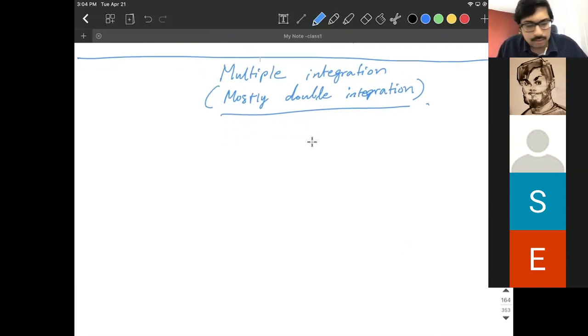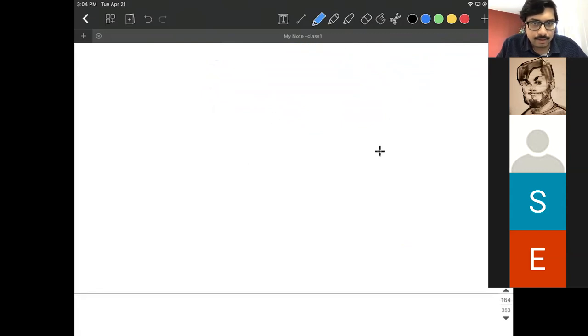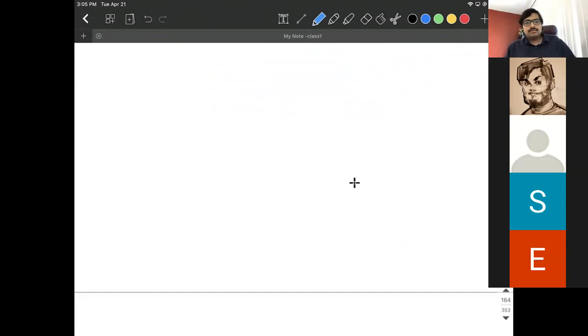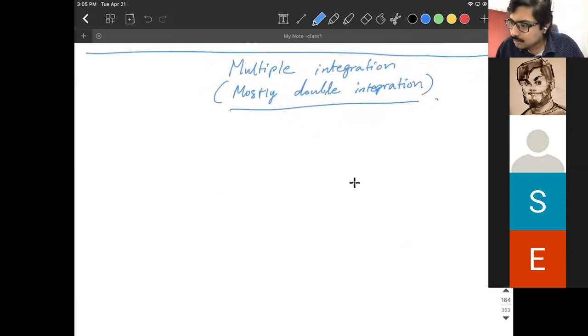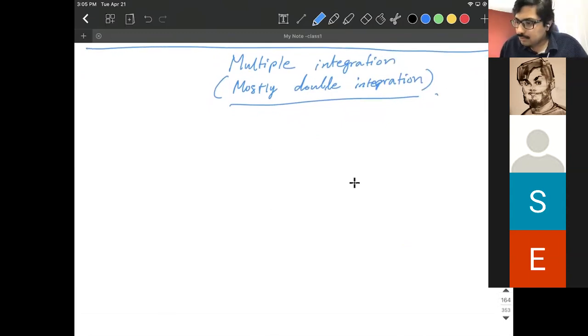So you want me to cover more or less the theory of multiple integration and double integration. Okay, so let's do that then. Well, in any case, I have to go reasonably fast, not too slow. So the basic idea